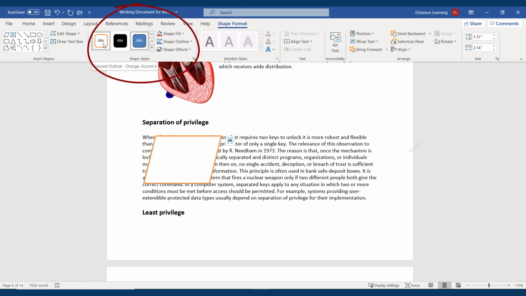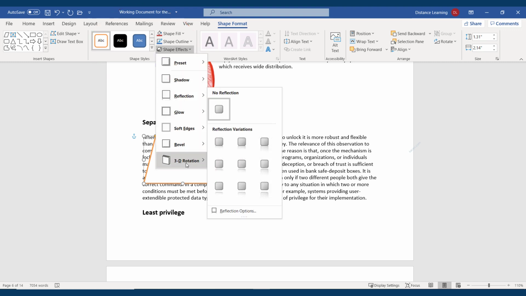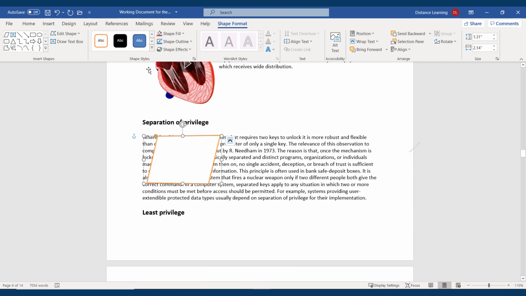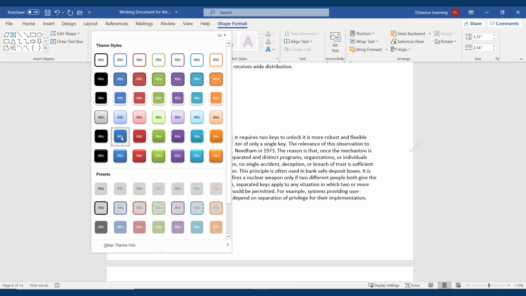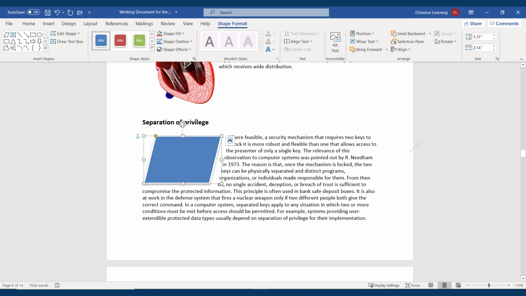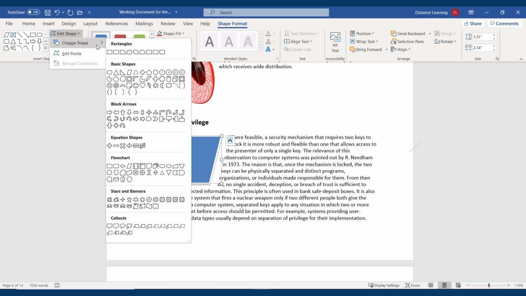Now here we can apply various styles for this. We can apply various animations. And we can apply here the text wrapping to make it tight, and other components, and edit this. If you don't like this, you can change the shape from here using this tool, and it'll change it to something else,